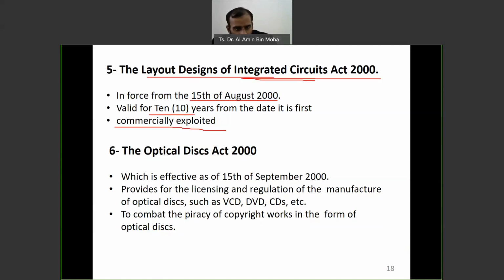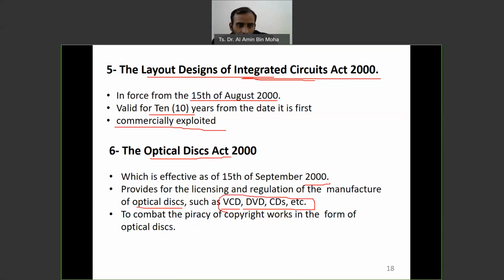And you have the Optical Disc Act, which is effective as of 15 September 2000. So although you have your copyright act, this is more specific to optical discs. It provides the licensing and regulation of the manufacture of optical discs such as VCD, DVD, CD, etc. And quite challenging because nowadays people don't really use all of these things, right?